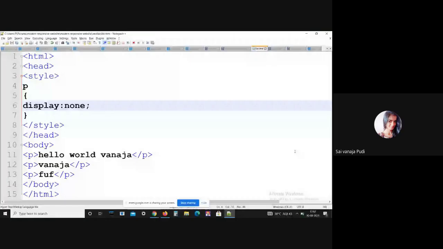In HTML we use the button tag to create a button. In many websites you can see that after filling a form there is a submit button. When you click the submit button, all the information is submitted to that particular authority. Those submit buttons are all created using the button element. But in CSS we can style those buttons. On many websites buttons come in different types: some buttons have some color, some have some width, some height. All those properties can be set using CSS button properties.